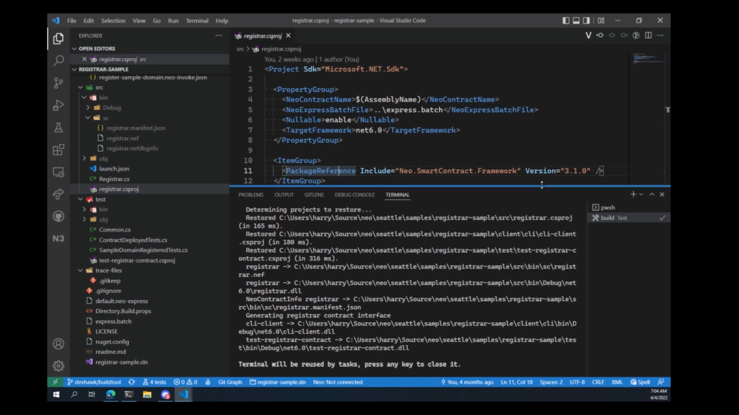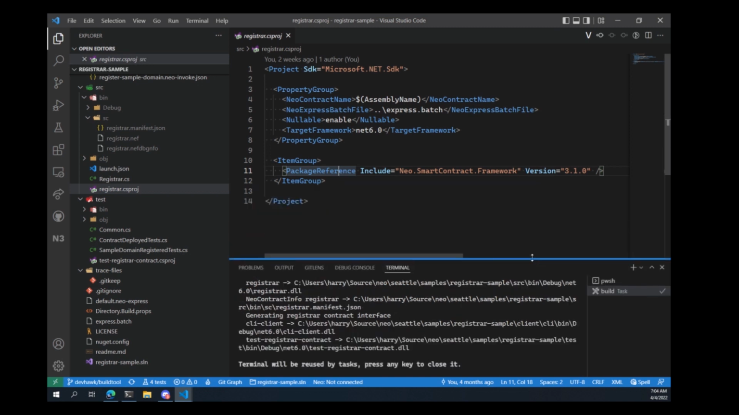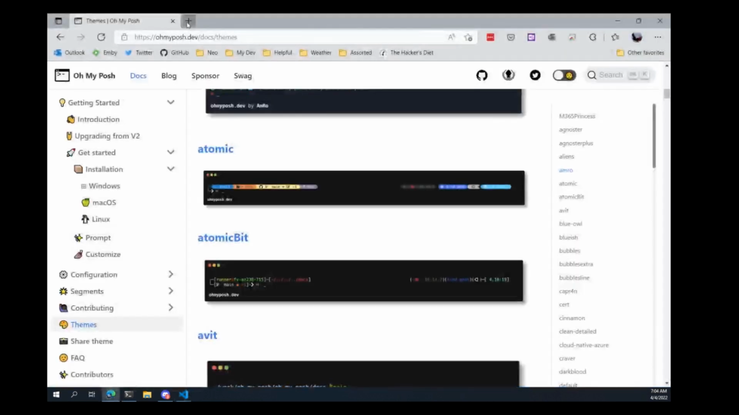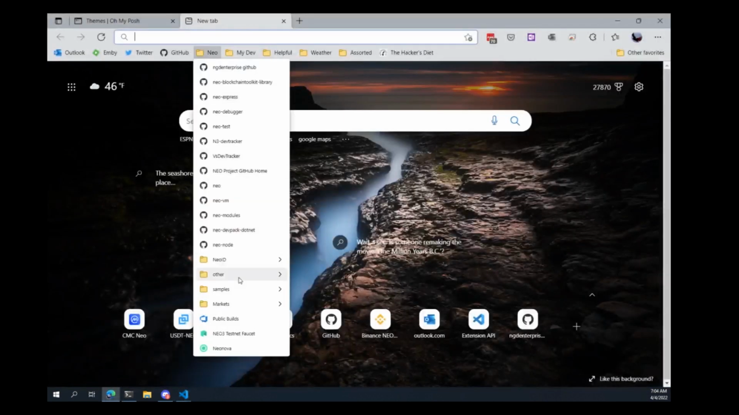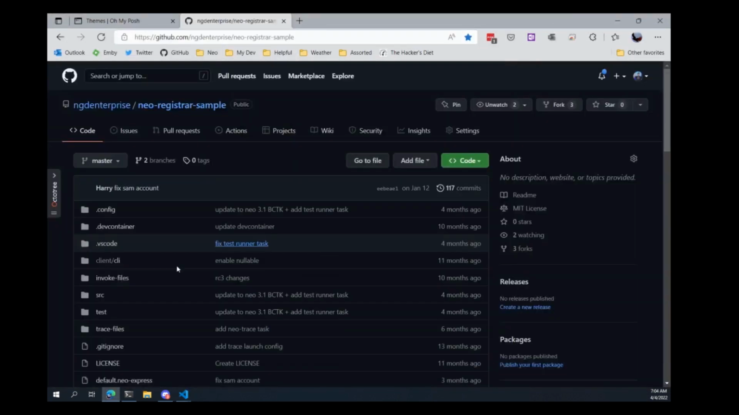But one of the things that we're doing as part of the 3.2 release is improving the build experience. So you'll notice this file doesn't look very different from a normal one. This is the project file for the registrar sample, and if you've looked at it in the past, it's been pretty complicated. If we bring up what it looks like normally via GitHub,